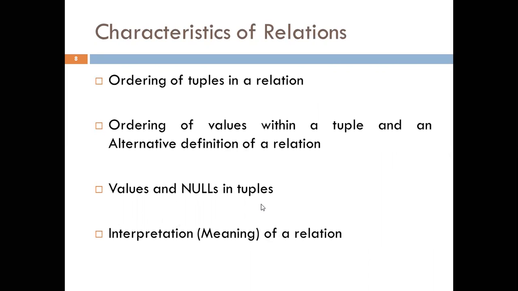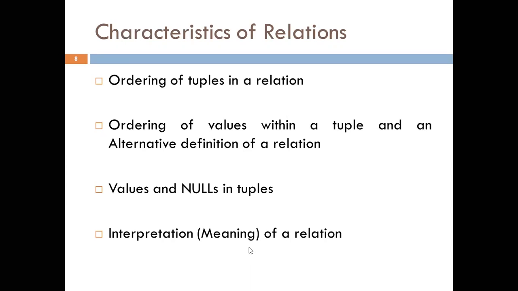So next important concept, that is characteristics of relation. We discussed database. Within that, we are discussing the relational model of database. A database can be modeled in several ways, out of which majority or almost all the commercial databases follow the relational model because it is easy to understand and implement when we consider data as rows and columns. So when we define a database like that or a relation, it should have some characteristics.